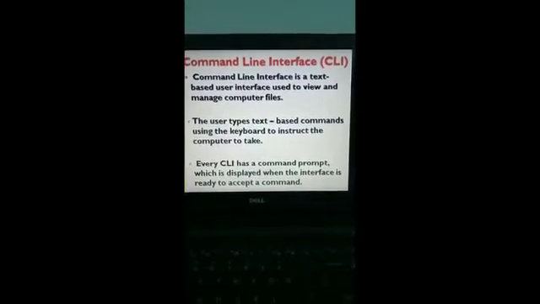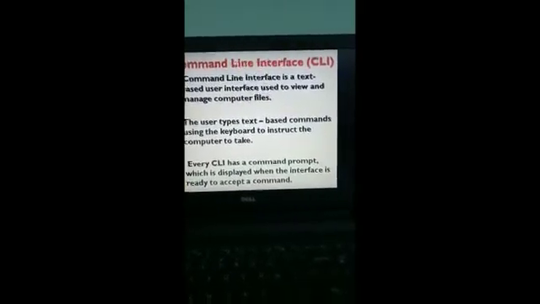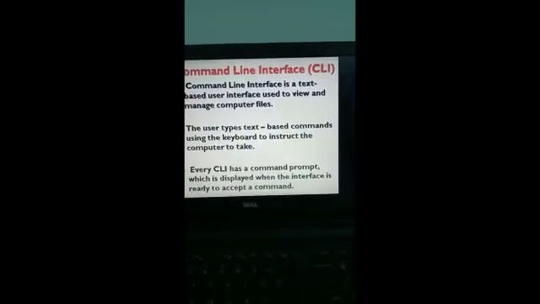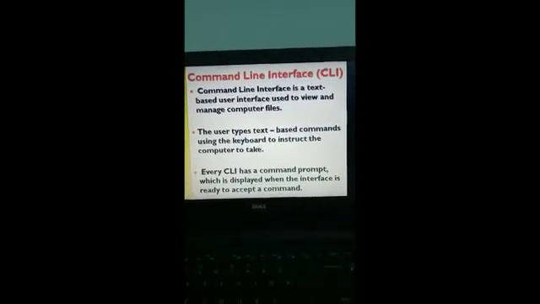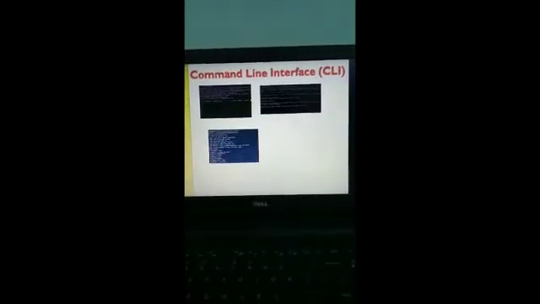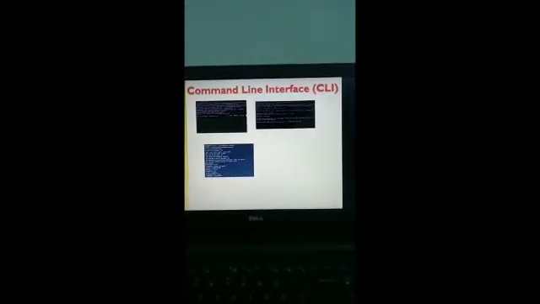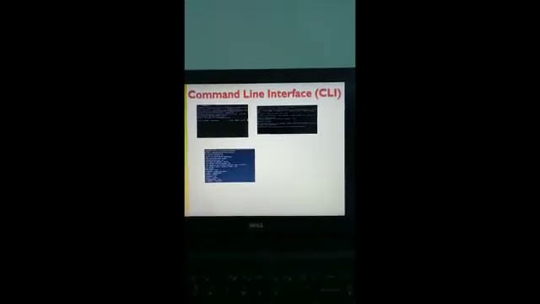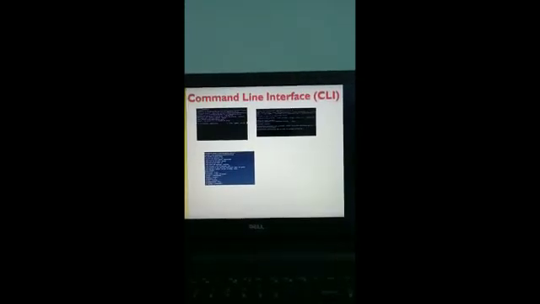Every command line interface has a command prompt which is displayed when the interface is ready to accept a command. Now when we work on command line interface, our screen will look this way. Those are the text-based commands typed by the user.